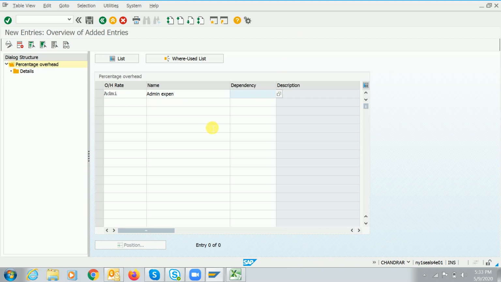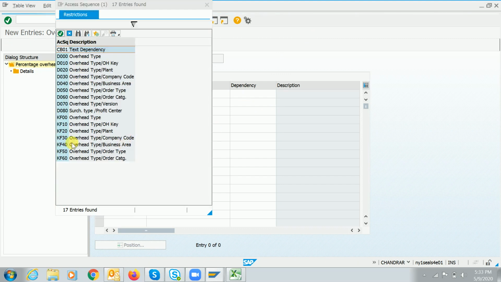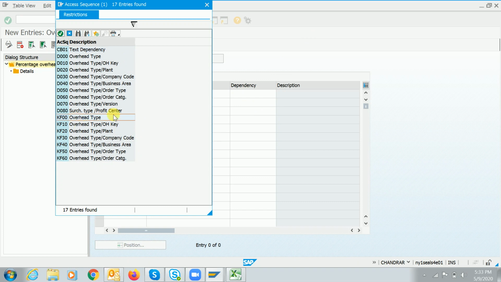Here we are having the dependency, guys. If you take the drop down here, we are having several options: overhead type, whether it's an actual overhead or a planned overhead, overhead type by overhead key, overhead type by plant, overhead type by company code, business area, order type, order category.